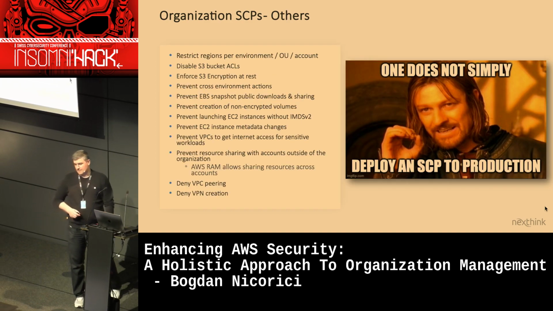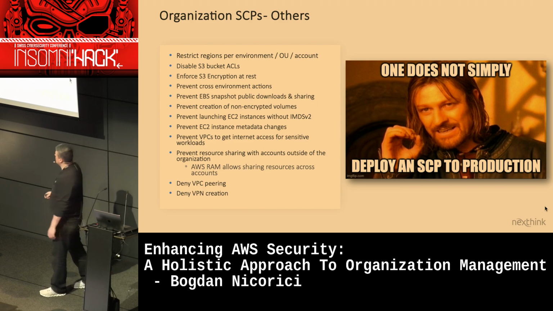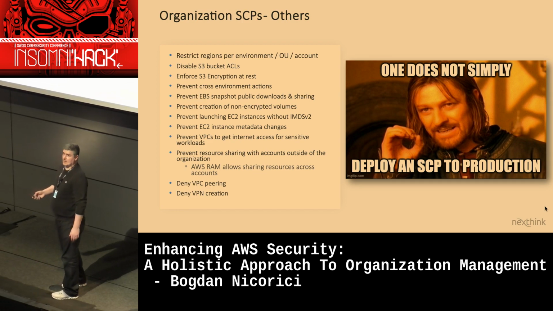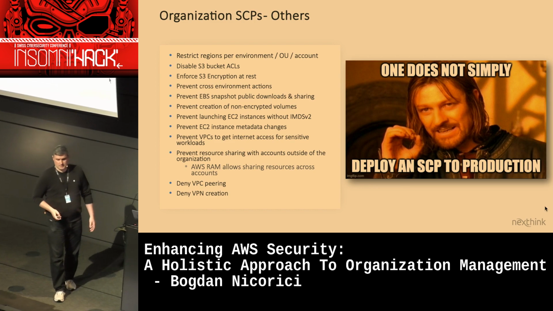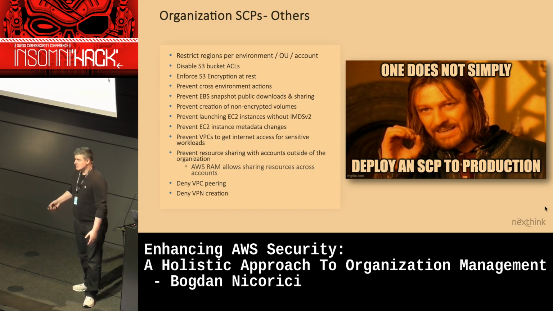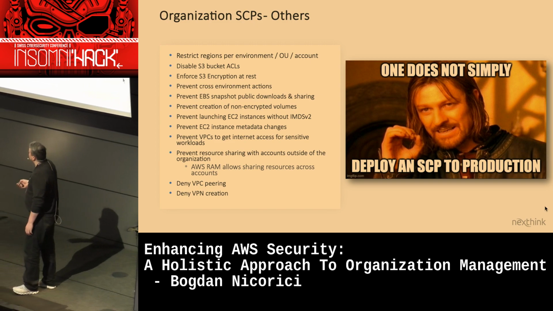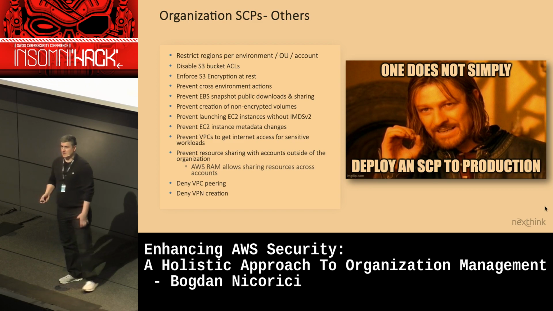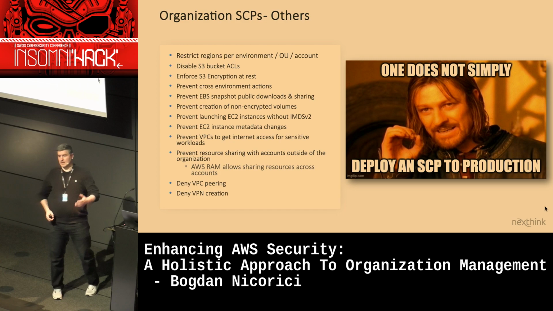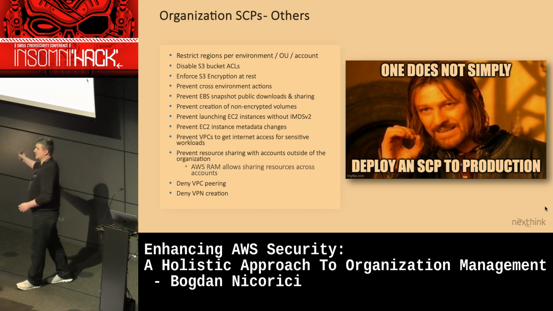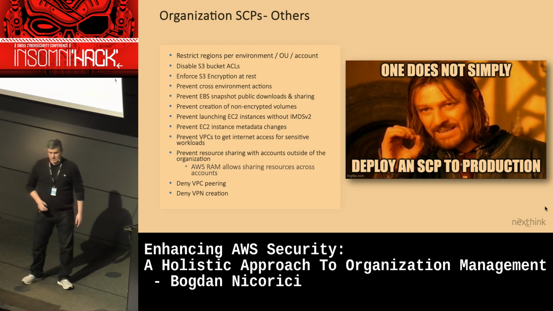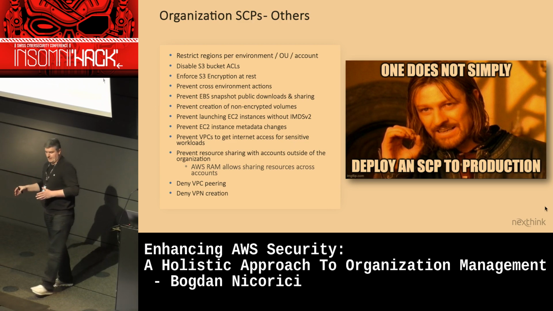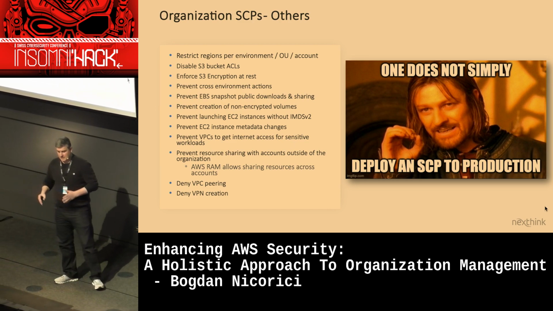Some other service control policies that you can use in AWS, which I strongly recommend. Like I said before, S3, I think it's the number one AWS service which is always publicly available in most of the data leaks that we see in the media. You can also do some denies in cross-environment actions. If, for example, for compliance reasons, a sandbox account should not talk to production, and production should not talk to dev, you can actually block that in SCPs, and you can do that by the organization unit path. You have conditions specifically available for that in IAM.